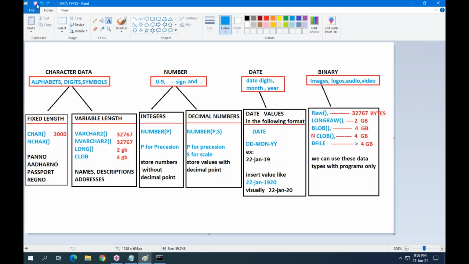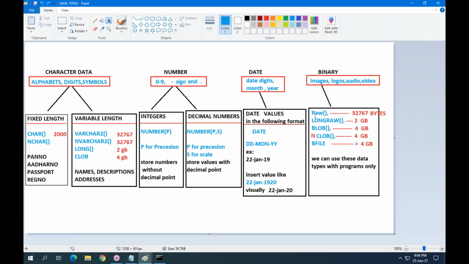Next one. This is about the date data type. What is the data type name? Only date. Now, binary data types: raw, long raw, blob, clob, bfile. These data types are valid to store binary data, maybe image, logo, audio, video files.